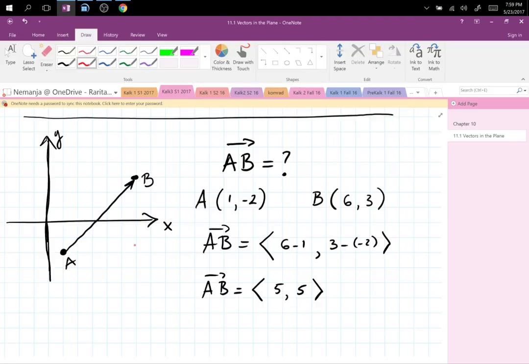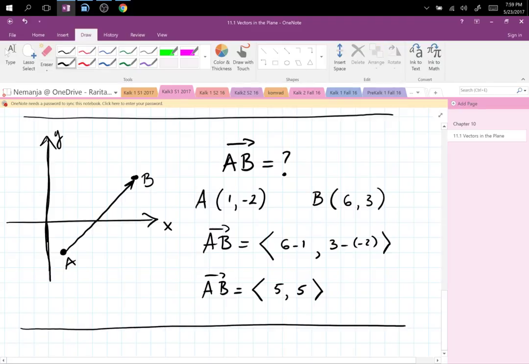Now you will use this a lot to figure out equation of the plane, equation of the line. So you have to know this, treat this example as a very important example, because you will have to do this a lot. You have to be able to find the vector if the endpoints are given. And you do that by simply subtracting terminal minus initial. Maybe you need to write that down as words. Terminal minus initial. Terminal point is B, that's where the